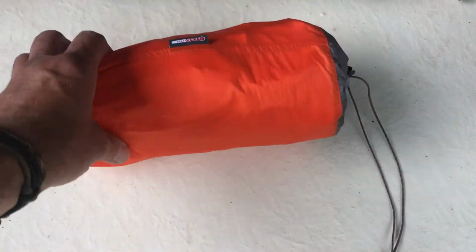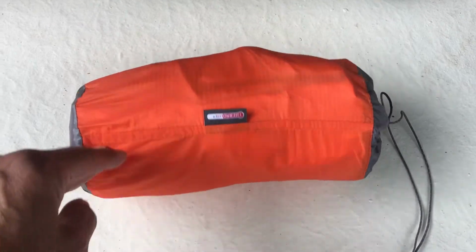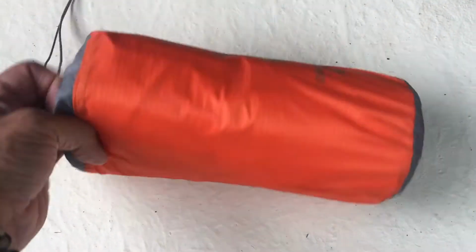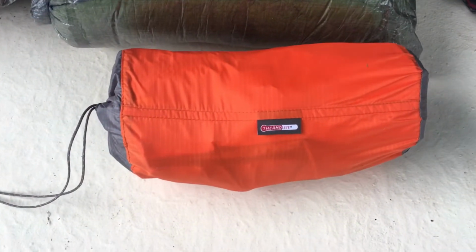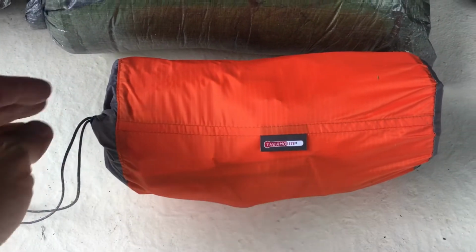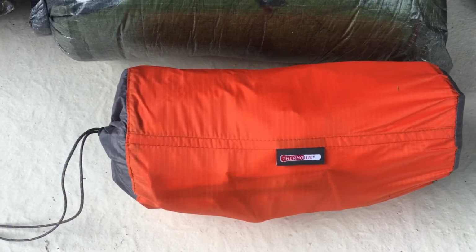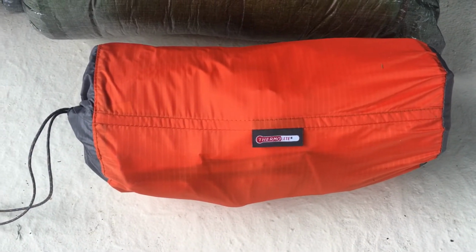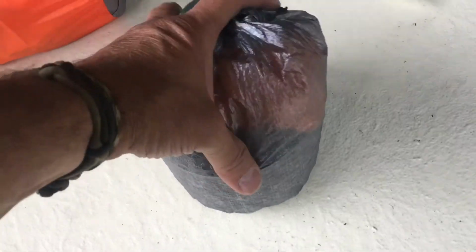Next, in my sleeping system, I am using the Thermalite Sea to Summit pad, and inside I have a Moonlens pillow. Very comfy also. Continuing with the equipment that I will be taking in this bag,